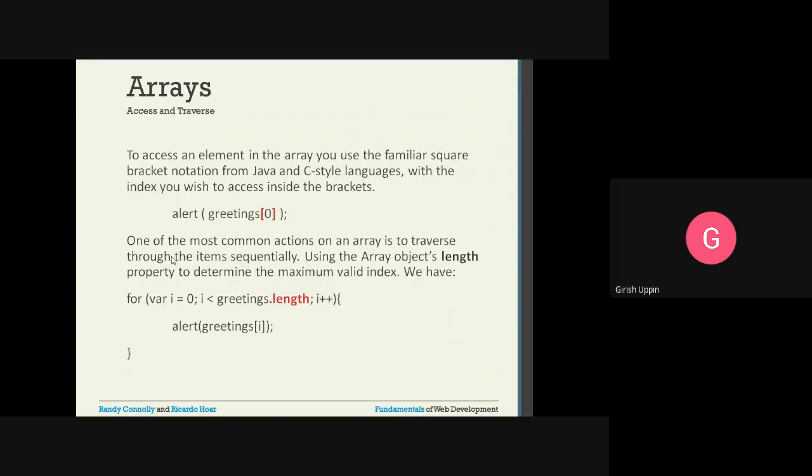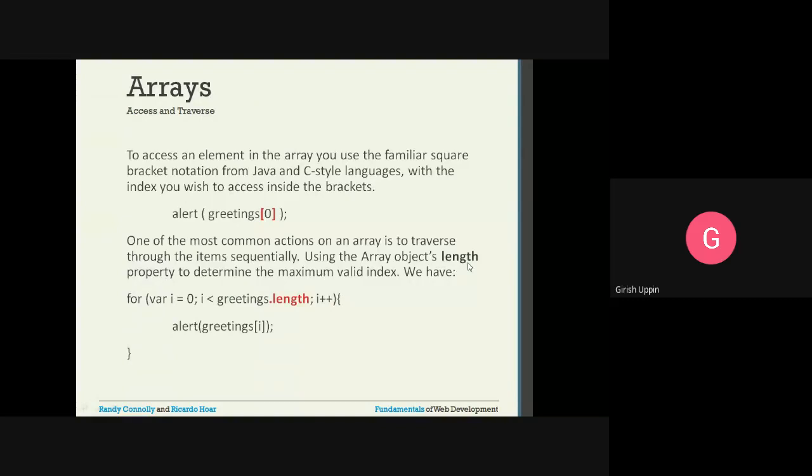Most of the time when we have an array, we want to traverse through all the elements sequentially until the end. The most useful property of array objects is the length property. As and when you dynamically change the array elements, adding or deleting elements, this length will be updated accordingly. So this length property will have the length of the array.